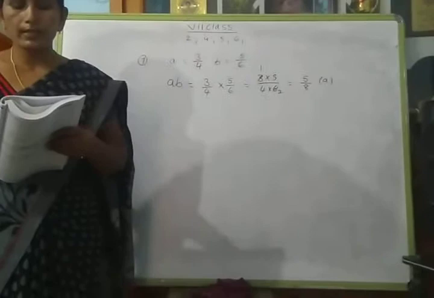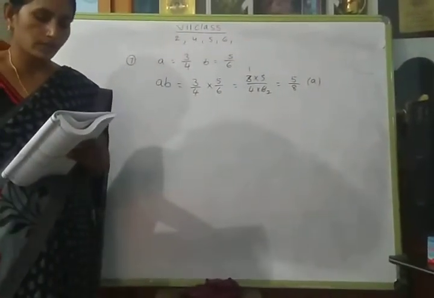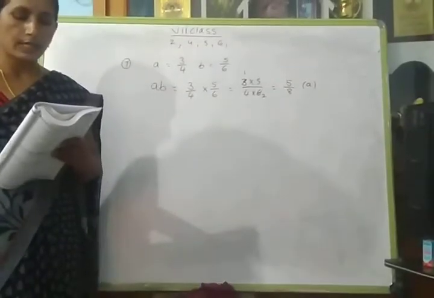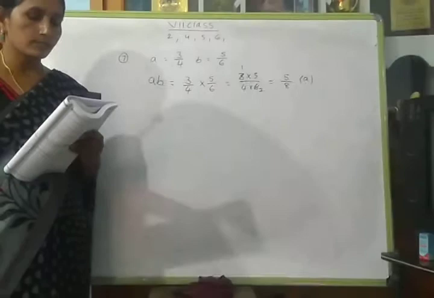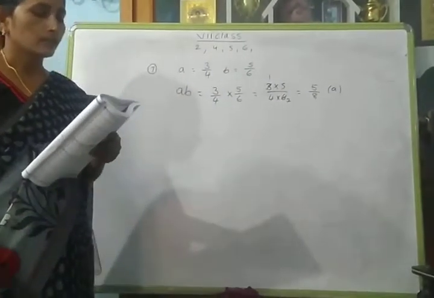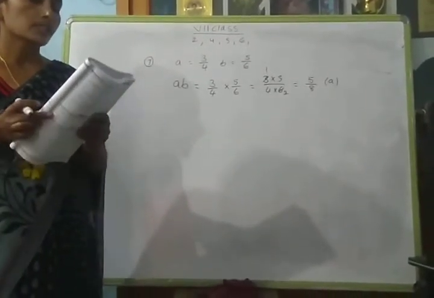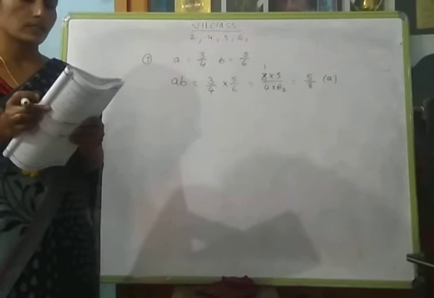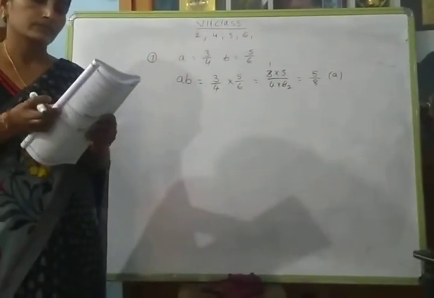Next eighth one, look at which of the following are false. Every rational number is an integer. Every rational number has an additive inverse. Every rational number has a multiplicative inverse. The reciprocal of minus 1 is 1. So which of the following are false? Every rational number is an integer, false that one. Next the reciprocal of minus 1 is 1, it is also false. So 1 and 4.